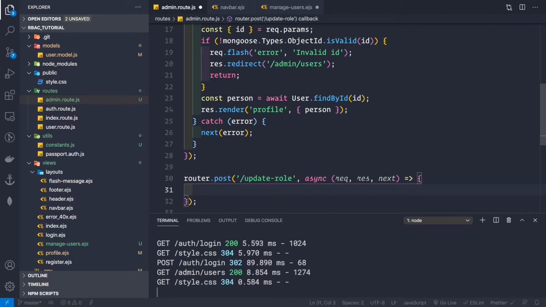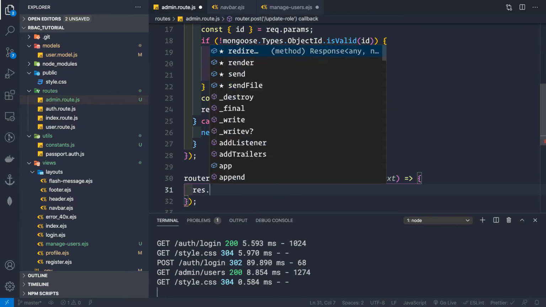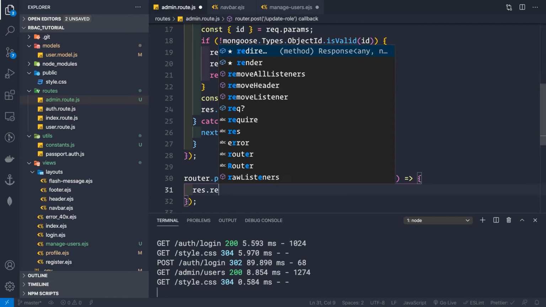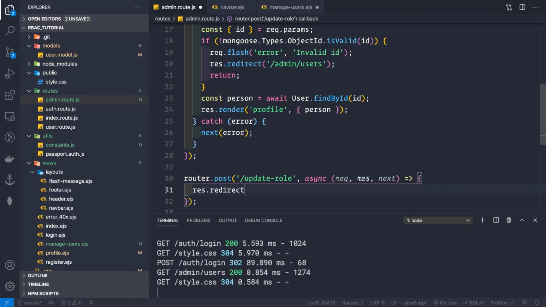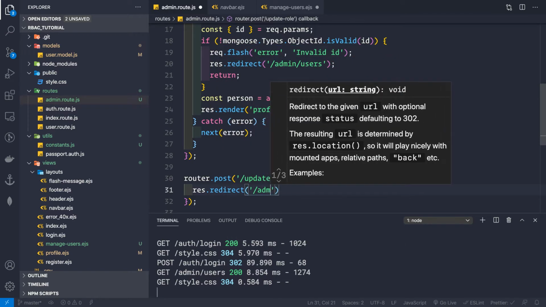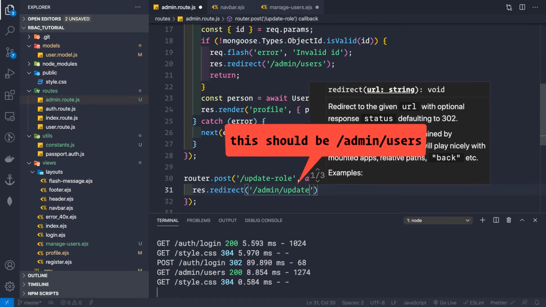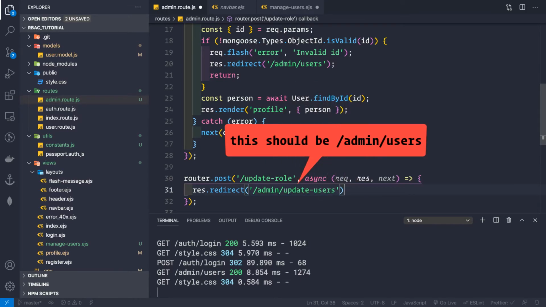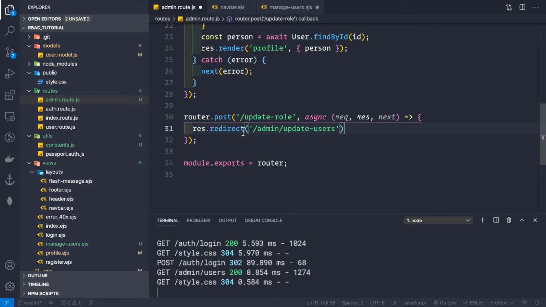For now, let's simply redirect him back to the manage users page itself. So res.redirect, and we take him back to the /admin/users page, simply like this. We'll be coming back to this post route to update the role actually, but for now, let's keep it like this only. So now let me save this admin.route.js file.